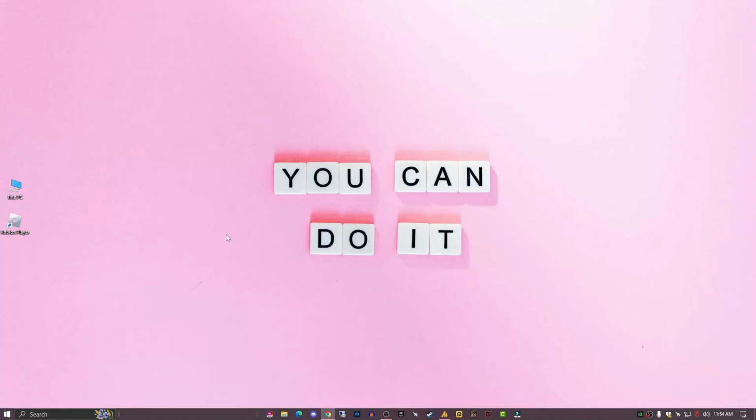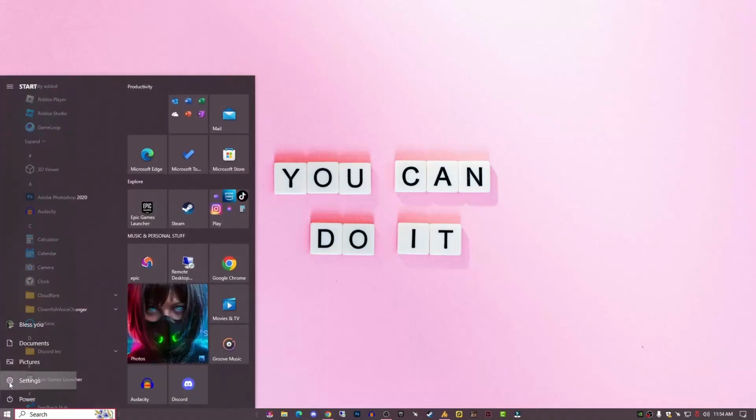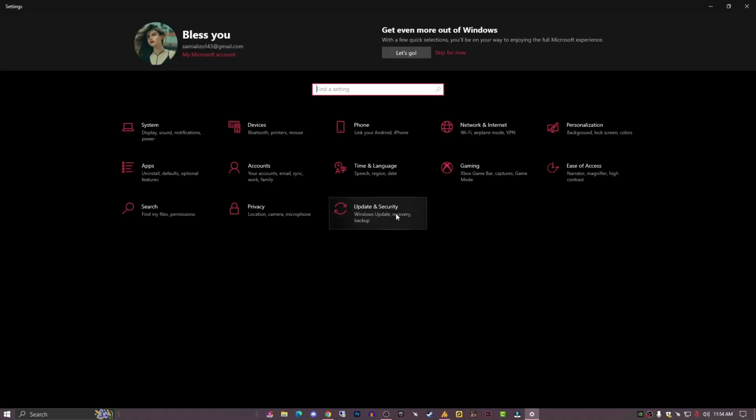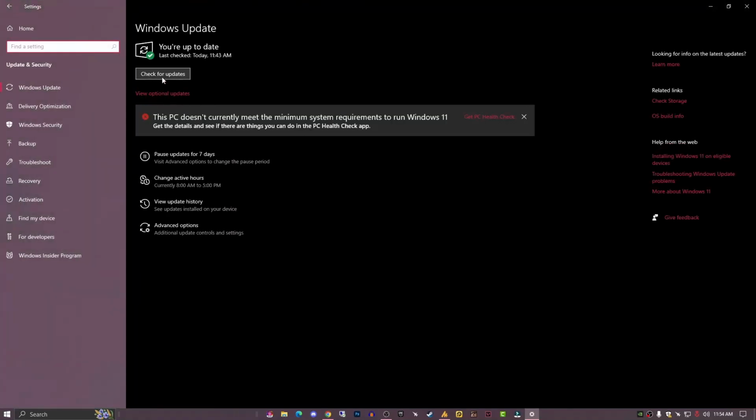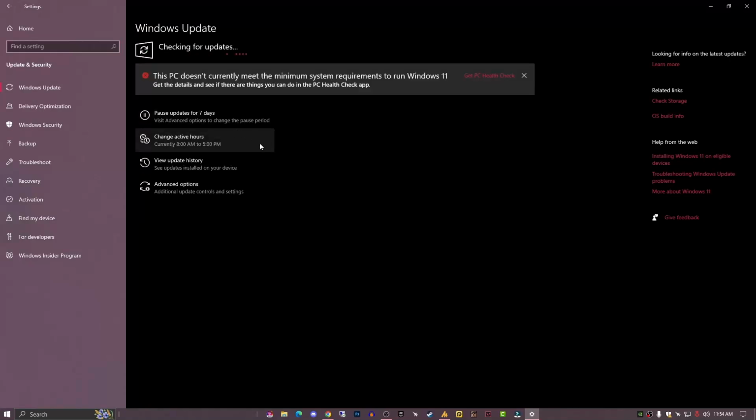Before jumping into the nitty-gritty optimization, it's very important to make sure that you are running the latest version of Windows 10. It's fast, free and easy to download and install. The latest version of Windows 10 features many exclusive new optimizations for most games. So first of all, just go to the Windows icon, then go into settings and then Update and Security. Once you are over here, check for updates and install them.